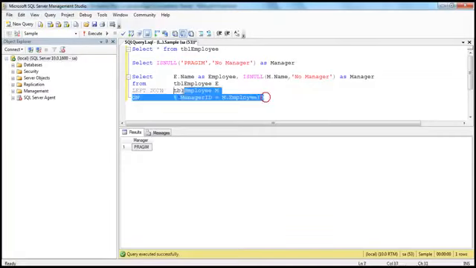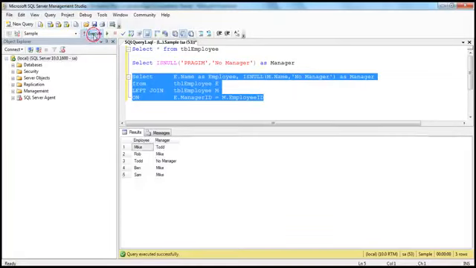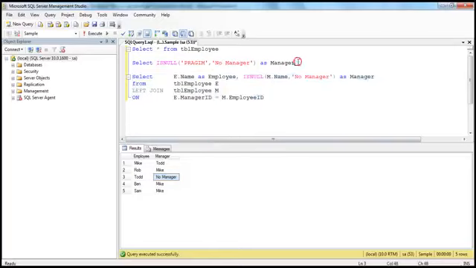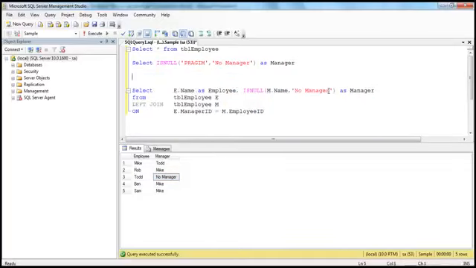So when we execute this, okay, so Todd has no manager. Pretty simple, very easy to understand. Along the same lines, you can actually use coalesce function as well. So another way to replace null value is to use coalesce function. And if you look up the definition of coalesce function in MSDN books online, it says it is used to